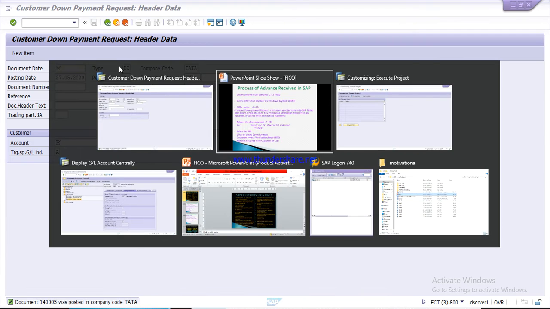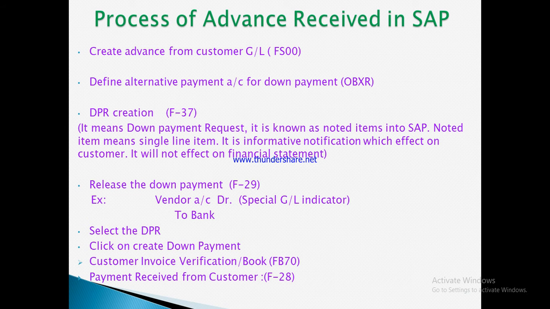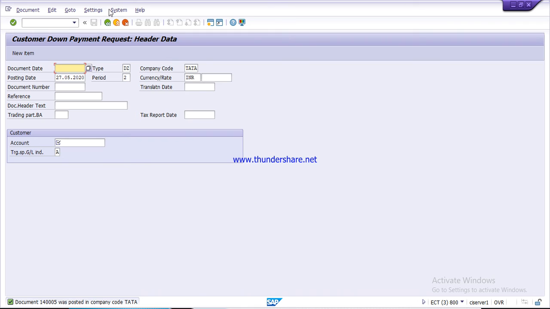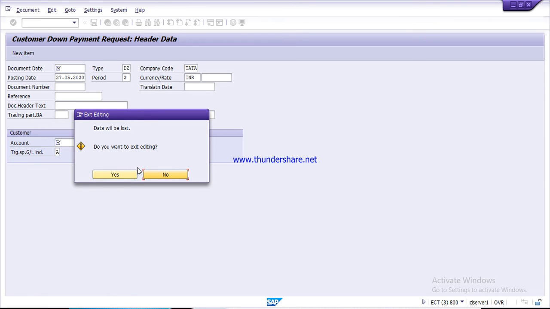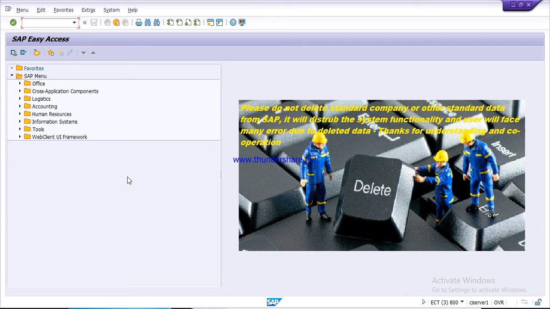Now we'll get back. Next step is release the down payment through the T code F-29.